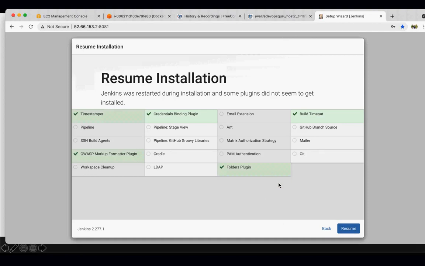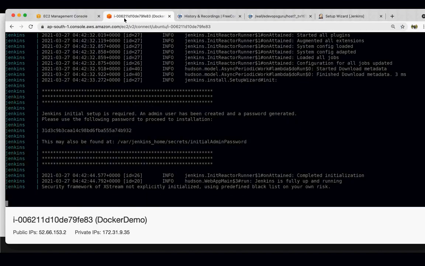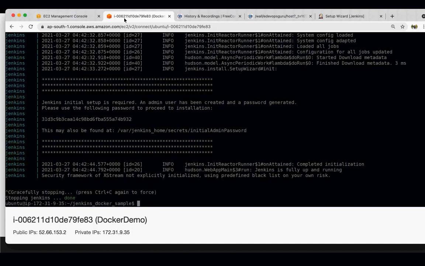So if you see, it is not starting right from scratch. It asks for that password because we have not yet created any account on this Jenkins machine. So I hope this gives a good picture of how the volume persistence works. Okay, so what else? Let me just stop it. What else do I have?